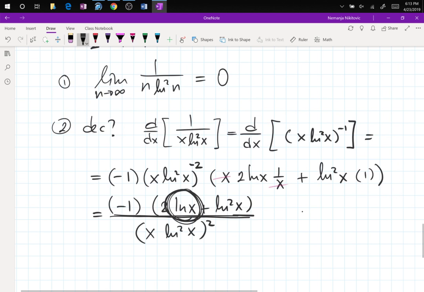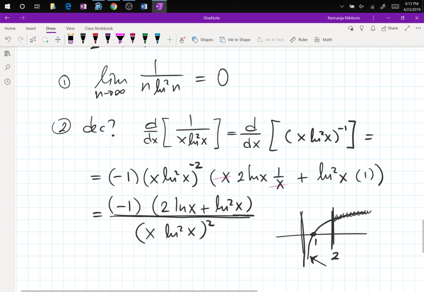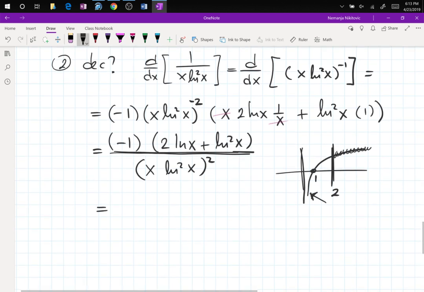So your ln function looks like this, and you clearly have negative values for y between 0 and 1. But we start counting at 2, so we only care about this part of the function. So now that we established that all of these are positive and they're added,